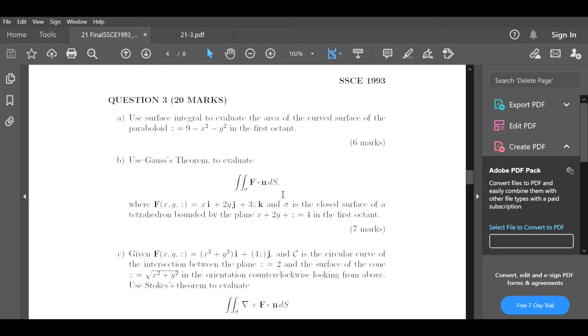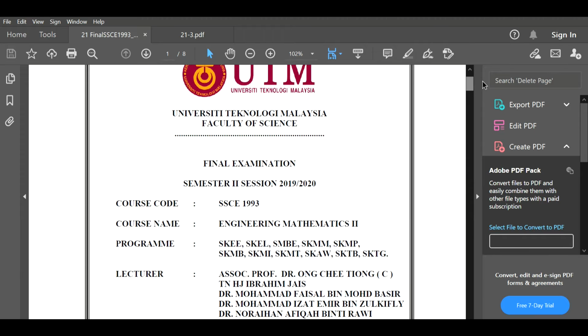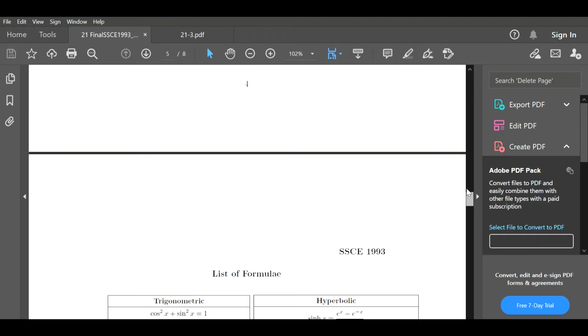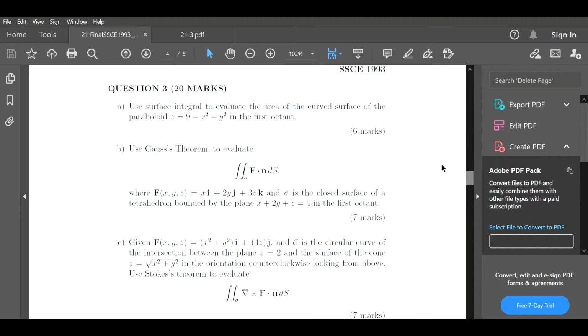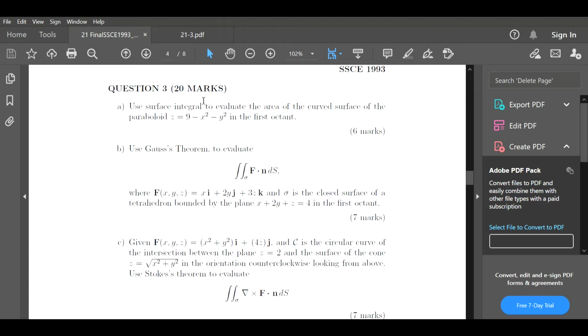Okay, this is a question from semester 2, session 2019-2020, and my question is question 3. As you can see, this question is about surface integral. So we go ahead to question 3a. This is my answer. The question asks to find the area of the curved surface of the